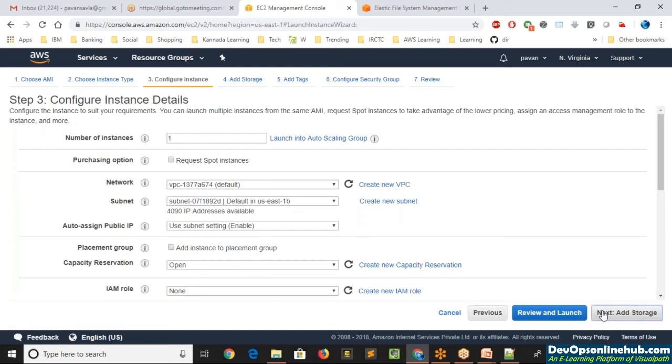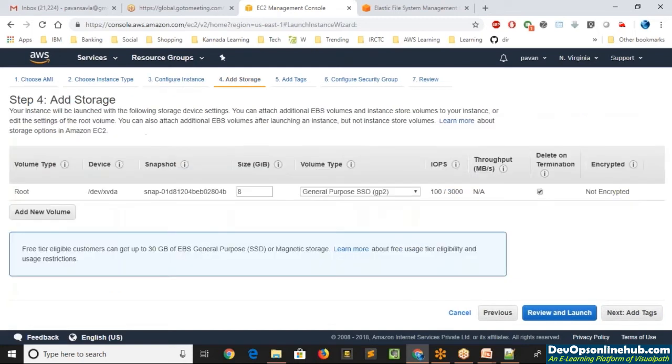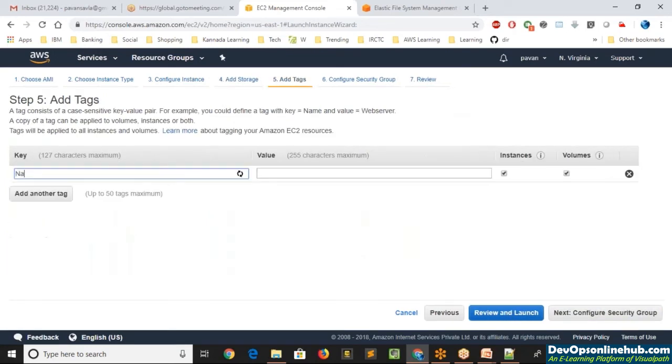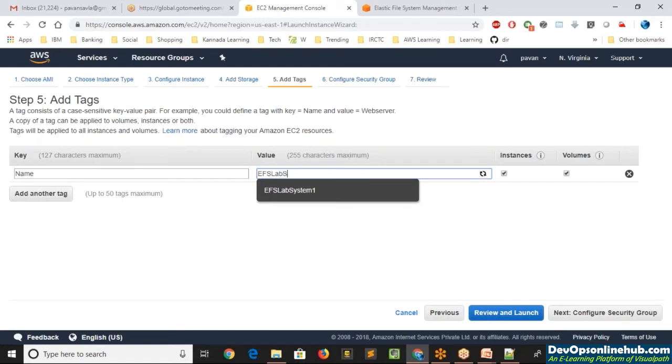And next, let's add the storage, which is going to be of 8 GB size for the root volume with general purpose SSD drive. And let's add the tag. I say it as name, so this time EFS lab system 2, and then we'll go ahead and add a security group.